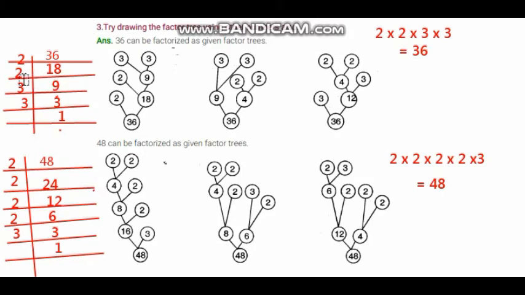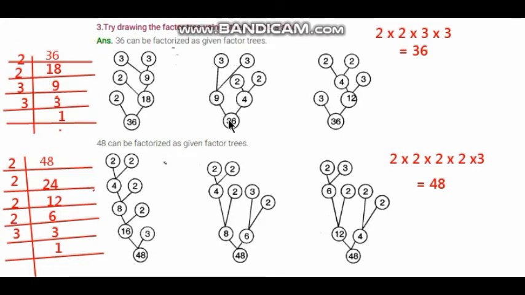So here we have first taken 18 2s are 36. That means 3 3s are 9, 2 2s are 18 and then these 2 remain. So 18 into 2 is equal to 36. Then split it into two parts: 18, 2 9s are 18. Here 2 is a prime number, and 9 is split into 3 3s are 9. So 2 into 2 into 3 into 3. These are the prime factors of 36.